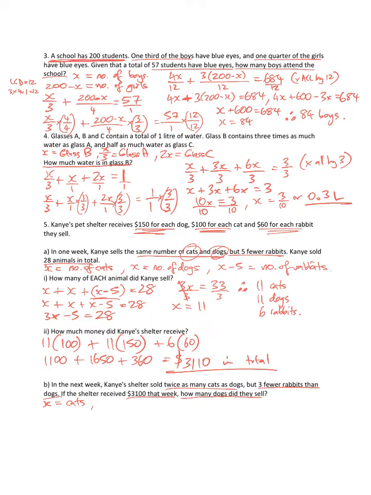Alright, based on this information, twice as many cats as dogs. If cat was X and I sold twice as many cats as dogs, well, I sold half as many dogs, so X divided by 2 is going to be the number of dogs sold. 3 fewer rabbits than dogs. Well, we said that there was X on 2 dogs. There's 3 fewer rabbits than that. So X on 2 is the number of dogs, and 3 fewer, which is minus 3, is going to be the rabbits. So that lets us